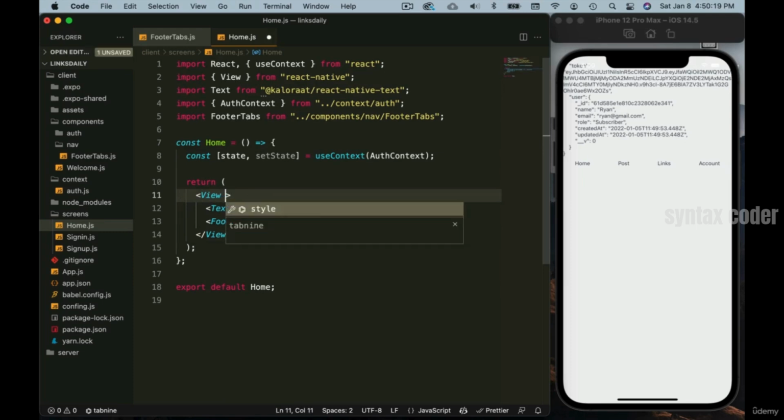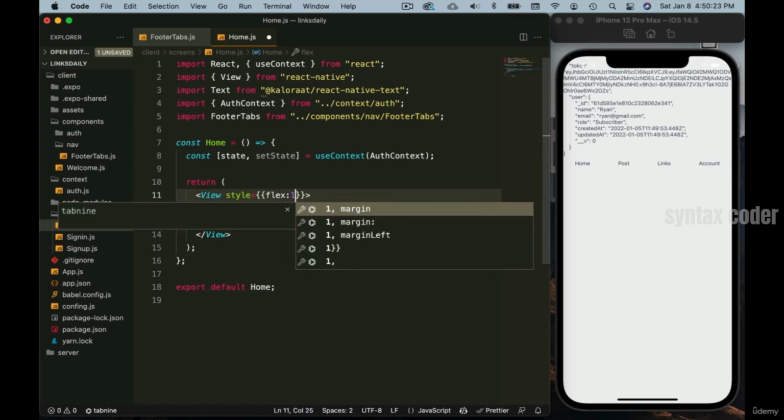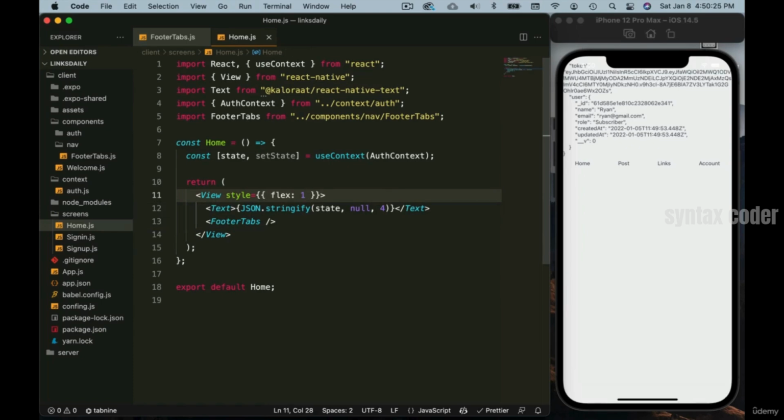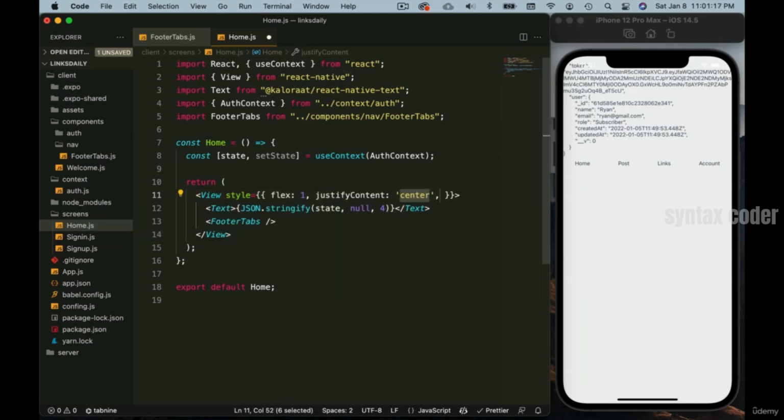So let's give this a style, flex 1, make it a flex box. Here let's try justify content, space between. Alright, so it goes down here, and you will also notice that it is all the way to the